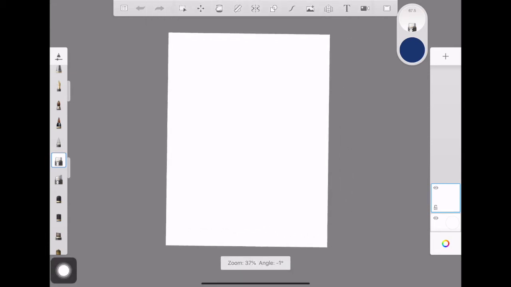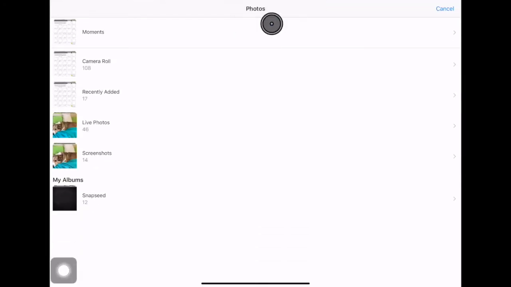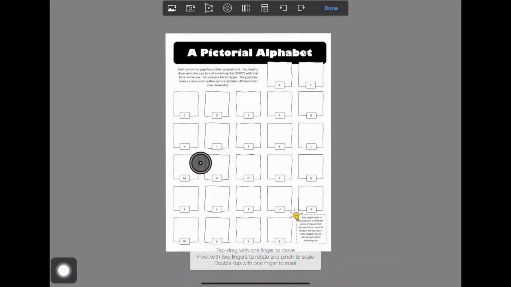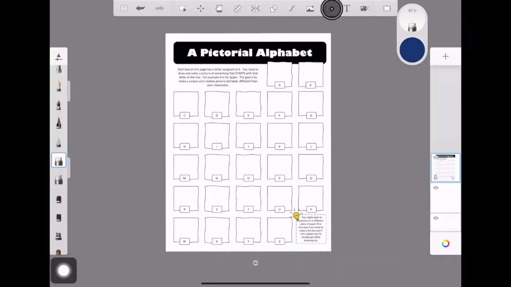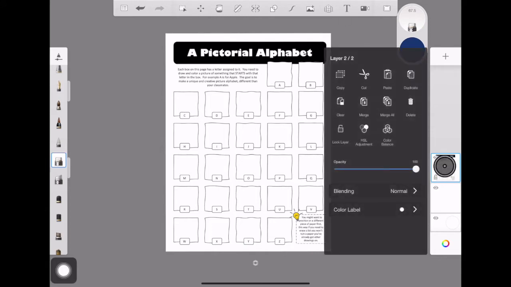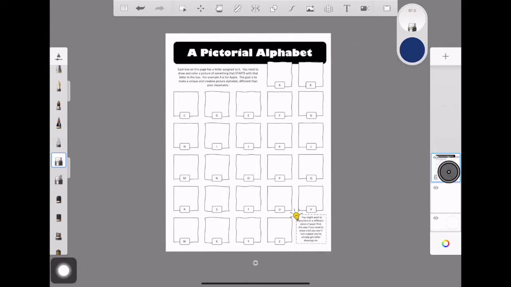But that is not what I want. I want my worksheet in there. So I need to go up here and click the little plus image, and then I need to put my worksheet into here. There should be a JPEG version in Schoology for you, and it'll put a little layer over here, and we want to make it so that the blend mode is multiply, because what that's going to do is make it so that when I draw,